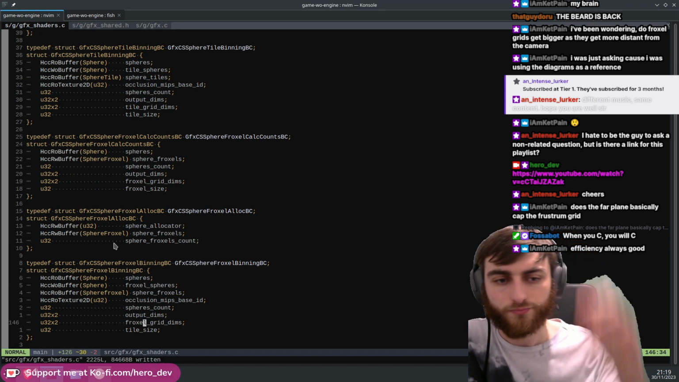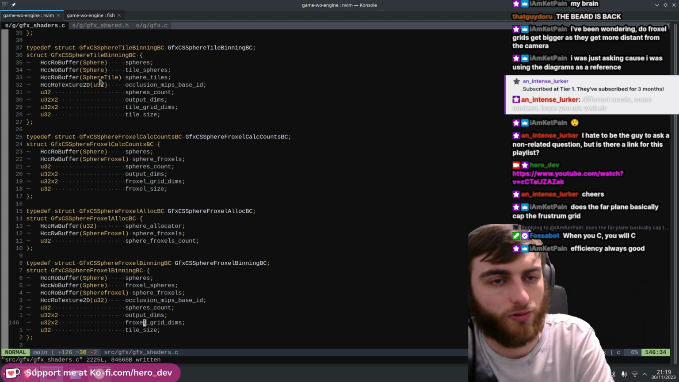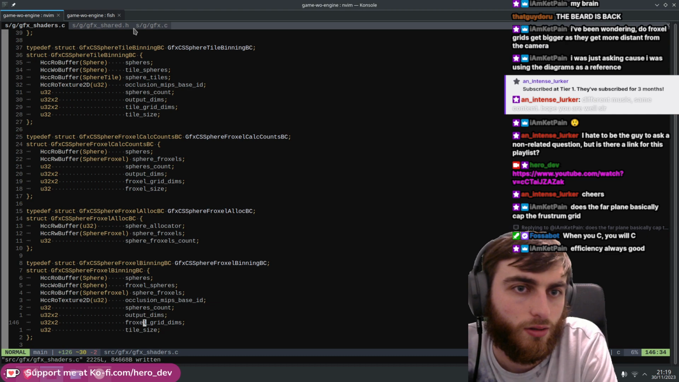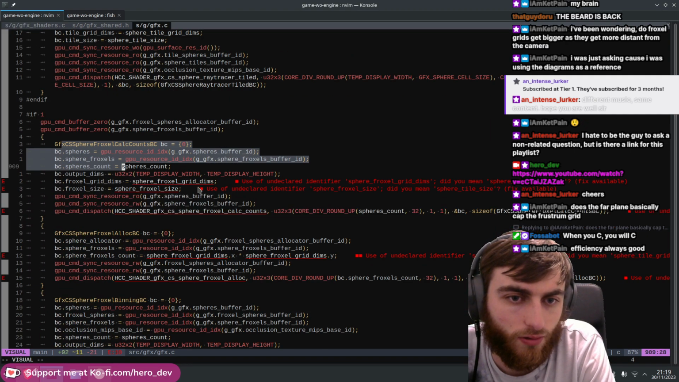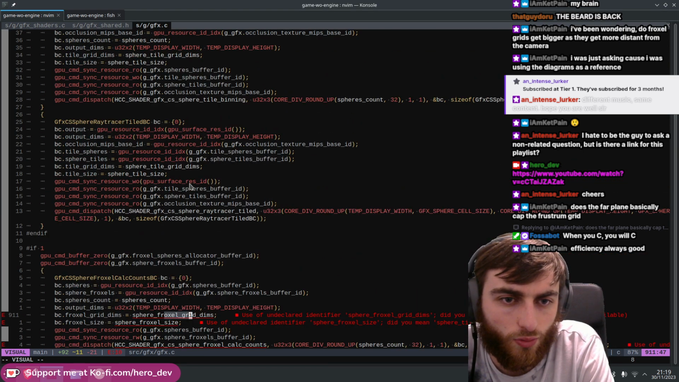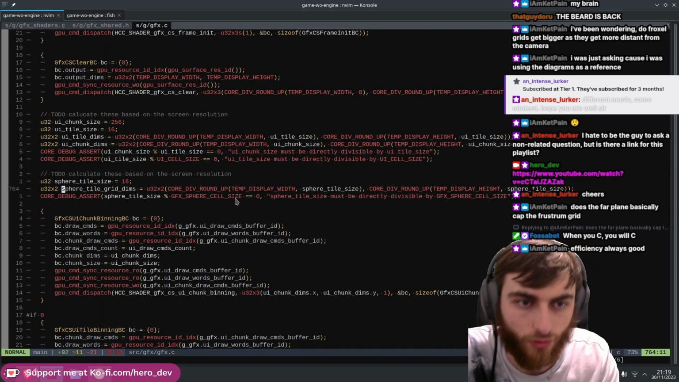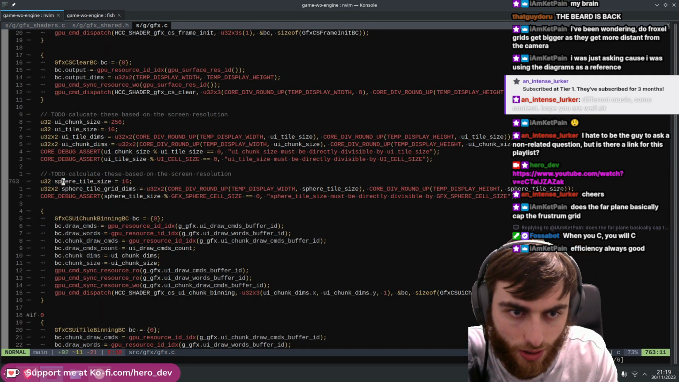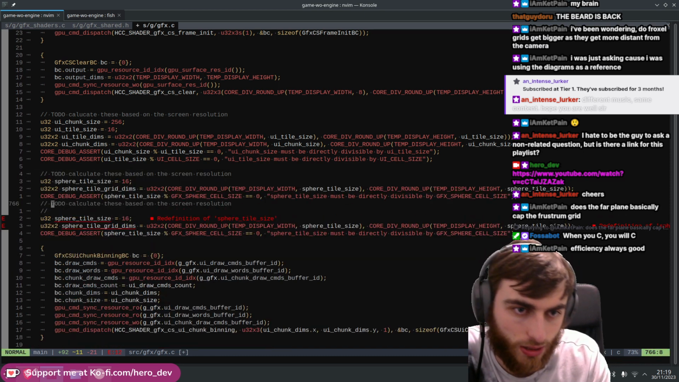Alright. We might need to add a third dimension to this or something, but we'll see what happens when we get in the shader, right? Okay, so now we're back here, and less errors. So Froxel grid dims. We need to obviously calculate those, so let's go ahead and get there. So this is where we allocate the sphere grid dims. We're going to duplicate it, and